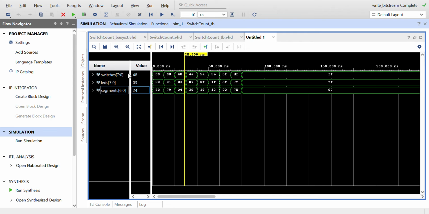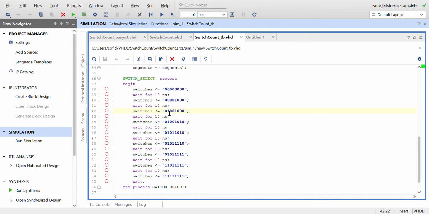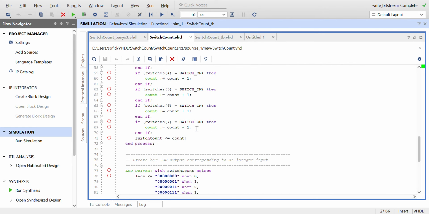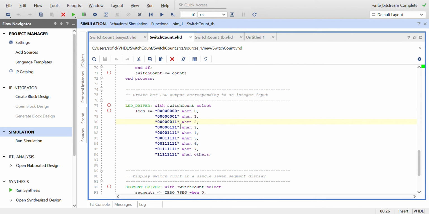So 48 for the switches. If we look at our second one right here, the first 4 bits is 4: 0, 1, 0, 0, and then 8 is 1, 0, 0, 0. So that's how that is. And then 0, 3 is because of the LEDs, since the second LED is now on. So 0 right here,